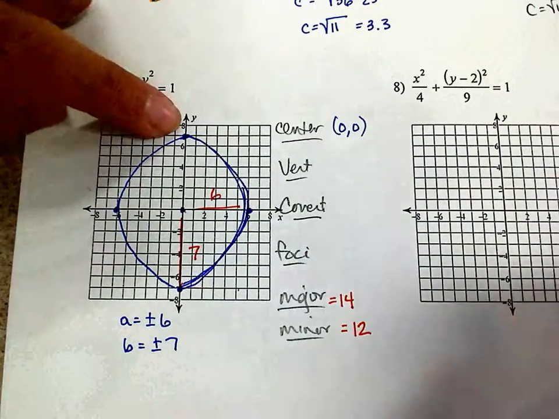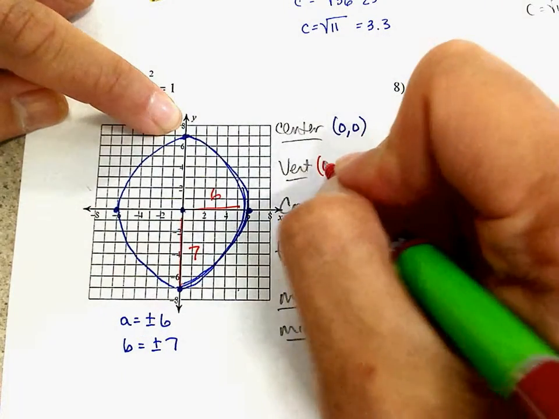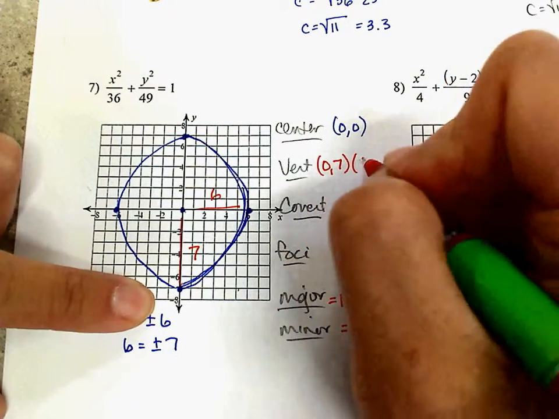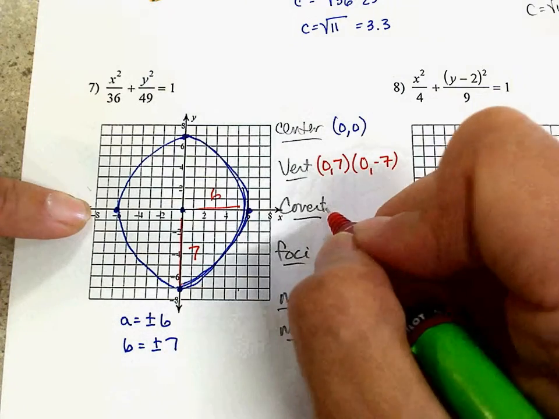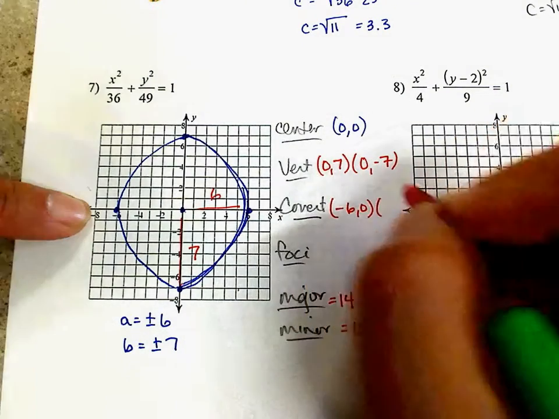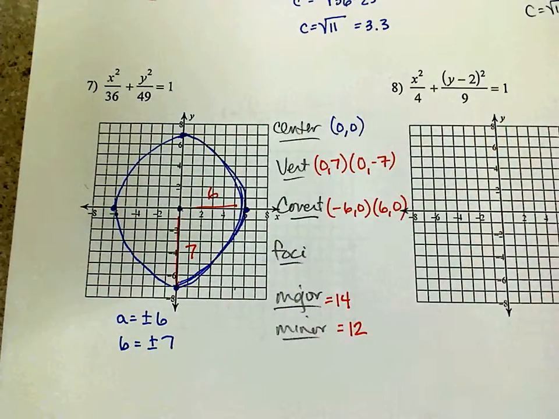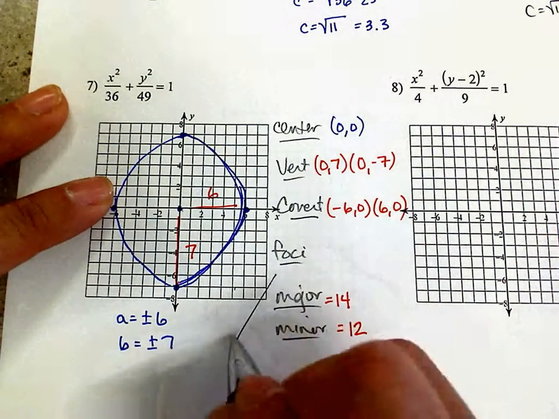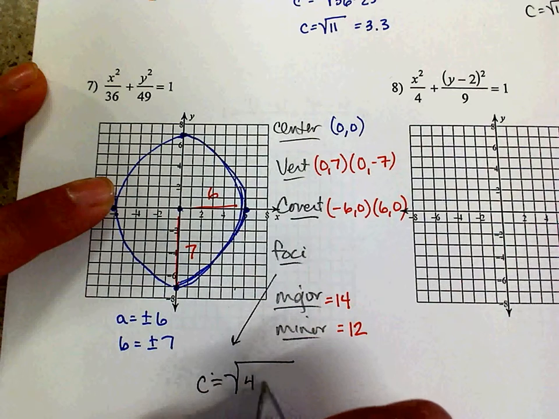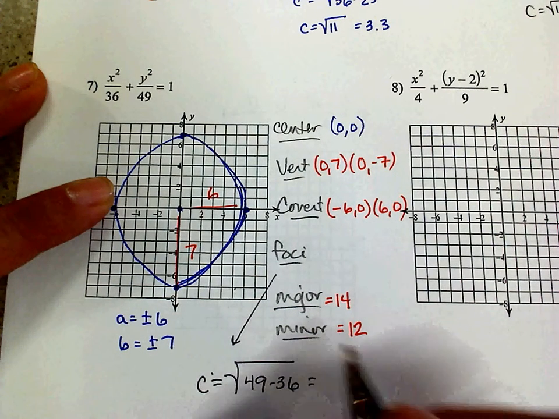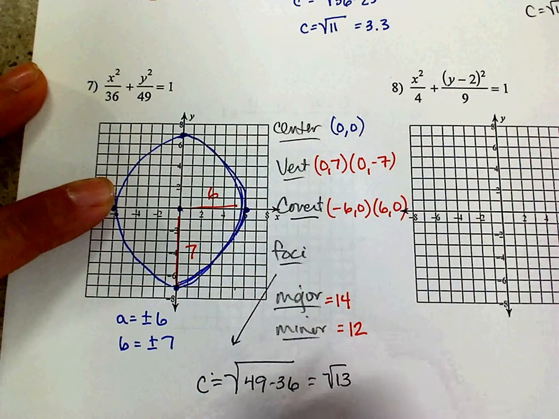Major vertices 0, 7. 0, negative 7. Co-vertices, negative 6, 0, 6, comma 0. Okay. Foci. C is equal to square root of 49 minus 36, which is square root of 13, which comes out to be